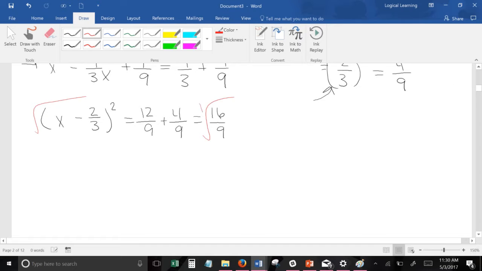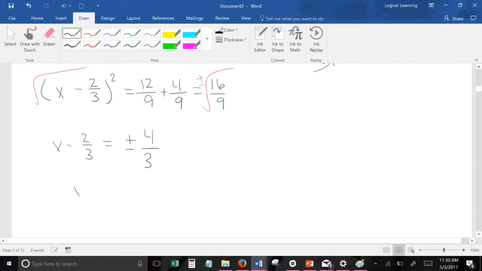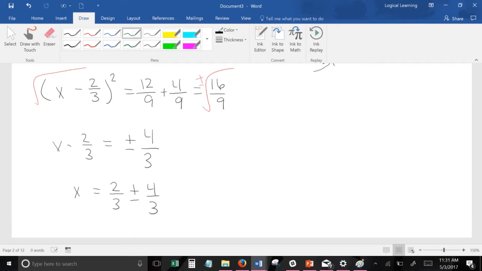Well, we remember when we take the square root, we have to do plus or minus, and that'll give us x minus 2/3 is equal to plus or minus the square root of 16, which is 4, over the square root of 9, which is 3, and finally that'll give us x is equal to 2/3 plus or minus 4/3, and we'll have